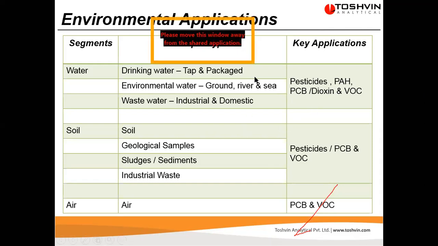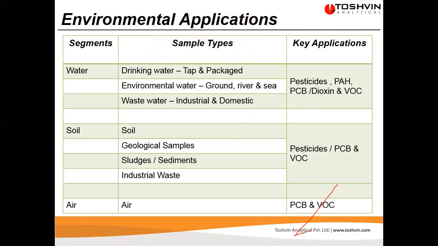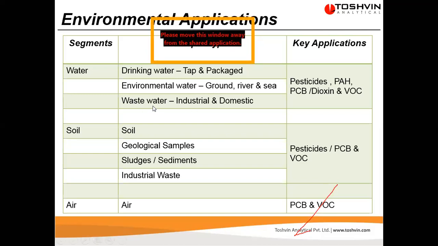I'd just like to add that for drinking water, if you want to do GCMS, either you do a liquid extraction and extract everything, pesticide, PCB, into an organic solvent, and then inject it into your GC. Or the advantage is that if you have a headspace, you can directly take your sample or whatever waste in the headspace vial. Whatever volatiles are present can be analyzed directly through the headspace technique.